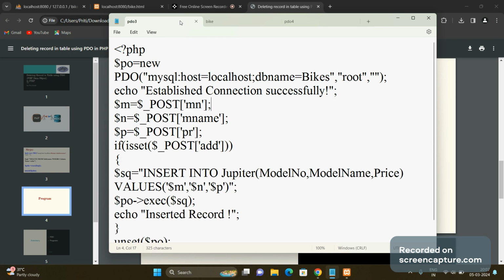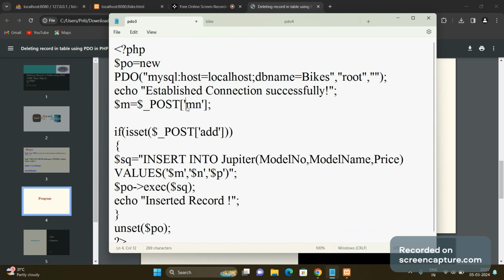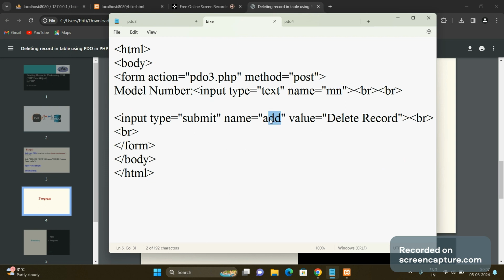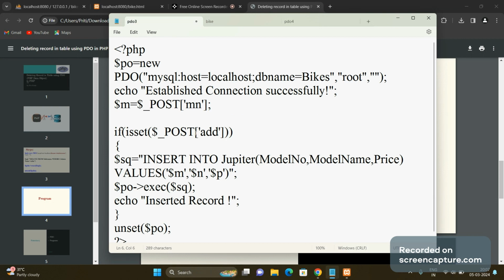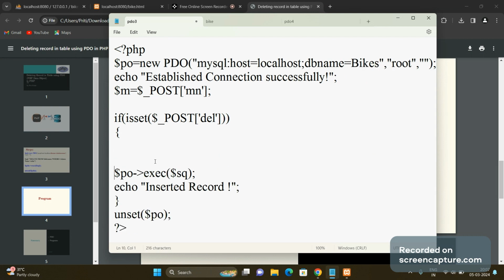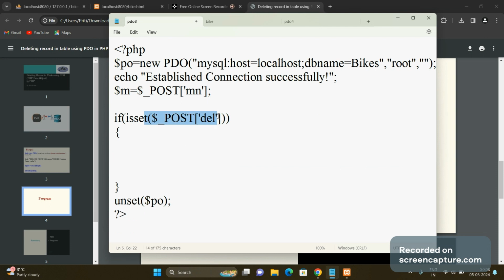So in pdo3, we have established a connection. We will have the text box value in the m variable. Upon click of this button, suppose this button name is del. So upon click of this del button, we have to perform the execution of the delete query. So upon click of del button, we will form a query, s is equal to